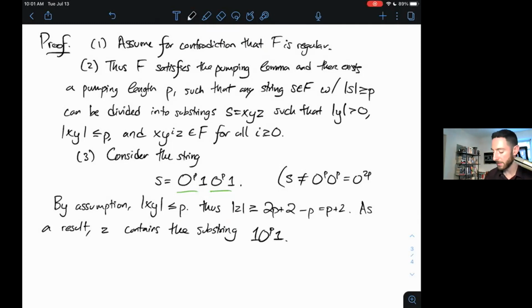So effectively what I've done here is I've said, well, this string is long enough that by our assumption, X and Y both have to occur in the first P zeros. Z has all the rest of the characters, so it has the substring 0 1 0^P 1. Thus, Y consists of all zeros